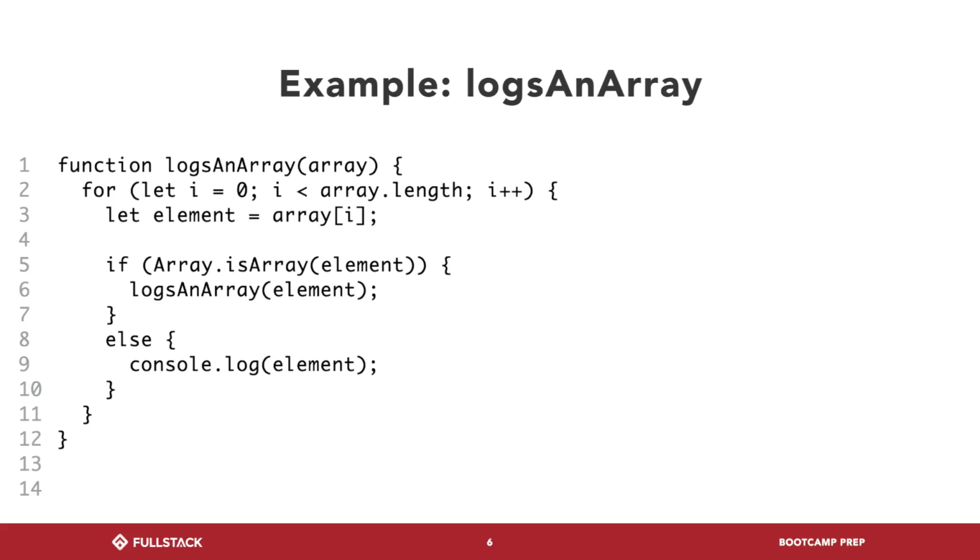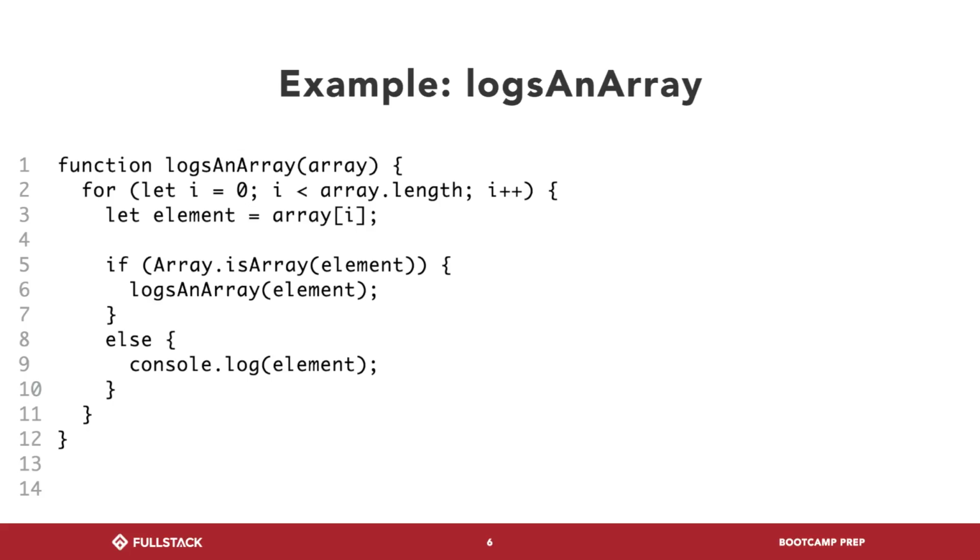So in this case, the base case is not nearly as obvious because we don't really have an instance where it's like, oh, if equals this, return, or if this, stop. But really, that is the base case. The other way to think about the base case is, under what circumstances do we not call another instance or another iteration of this function? At what point do we stop recursively calling this function? When I look at logsInArray, we are recursively calling this function every time we encounter something that's an array. Therefore, the base case is, eventually, hopefully, I get to a state in which something is not an array.